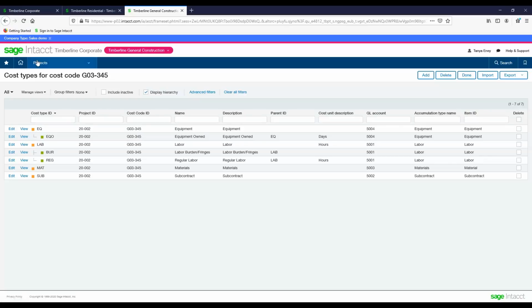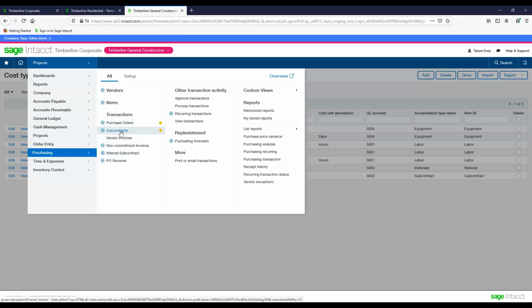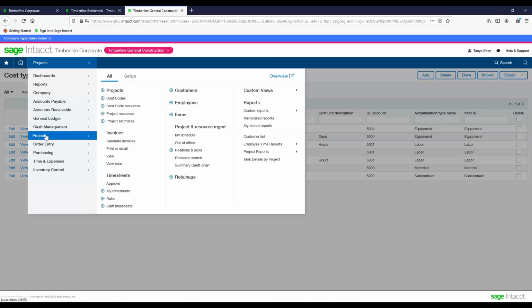So we utilize all this information when coding transactions, whether that's setting up our purchase orders and subcontracts, whether that's when we're entering our accounts payable bills and coding our invoices to these jobs and to cost codes. But all this information then is pulled out in the form of reports in our dashboards. So I'll take a look at just a couple of job cost reports. So if we look at this report here,